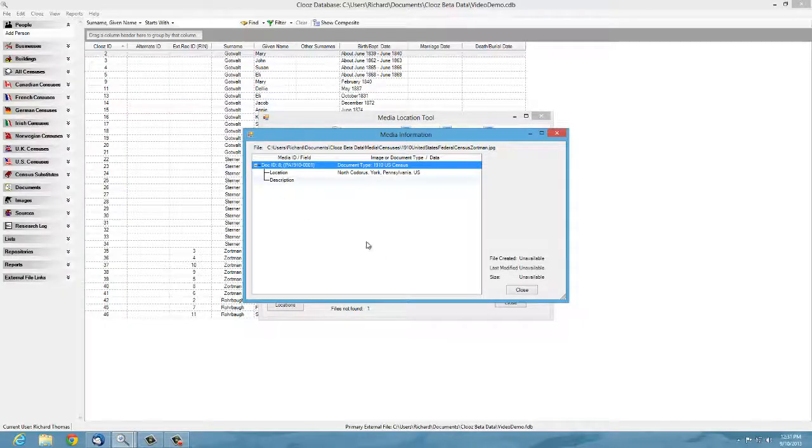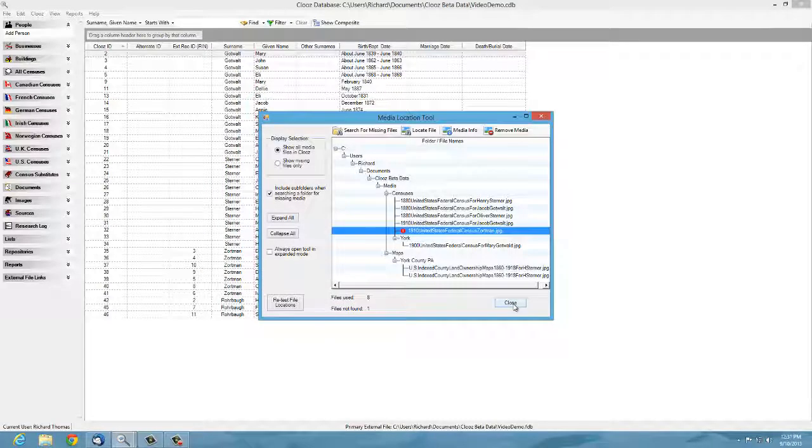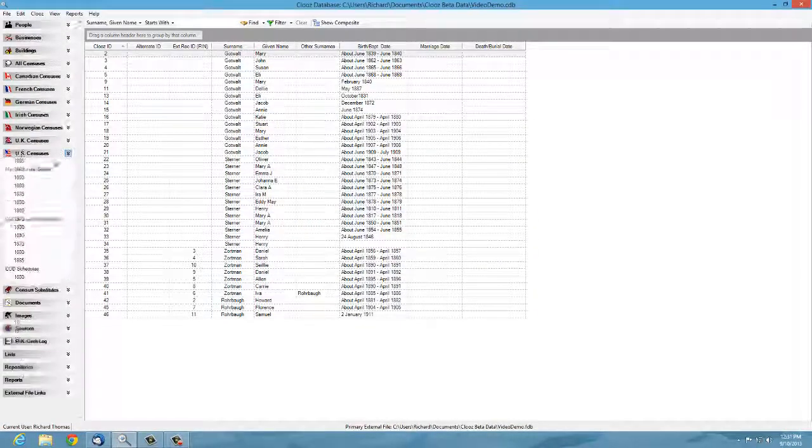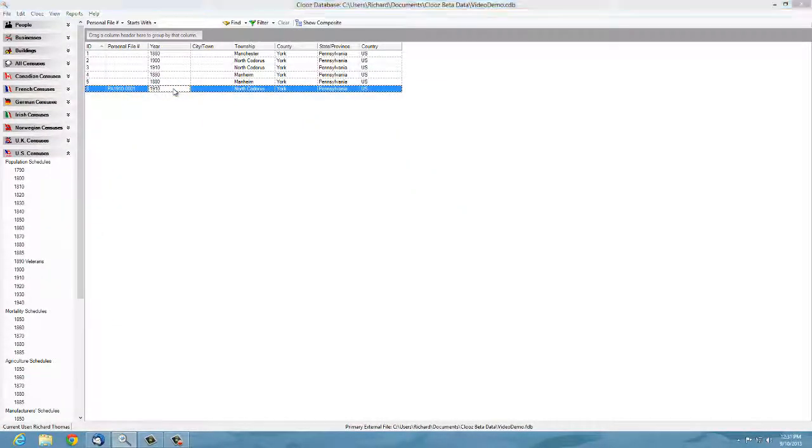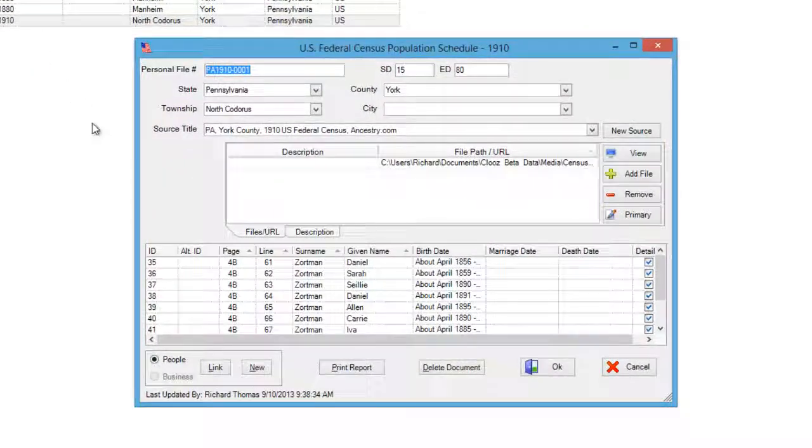So let's go to the document. Here in the document, it looks like the first person was Daniel. And yes, I recall changing the file name outside of Clooz, which is how the name got changed without Clooz being aware of it. So now I'll go back to the Media tool